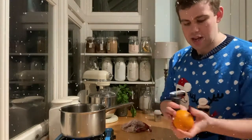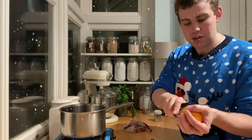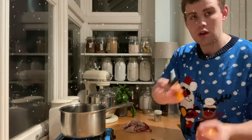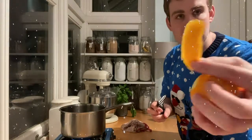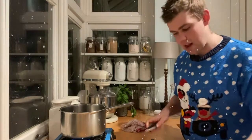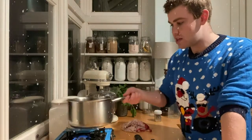We're then going to take a peeler and just grab a little bit of our fruit peel. So you can see there, just a big old wedge of orange. Do a few of those, and again, same with the lemon. And then once those spices are toasted off,